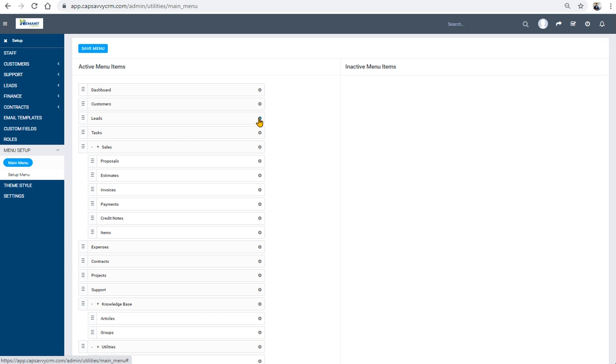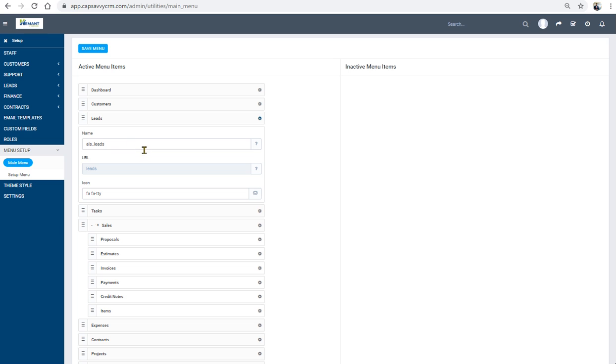So leads, and now change the name to prospects, and we keep the icon the same as what was there earlier.